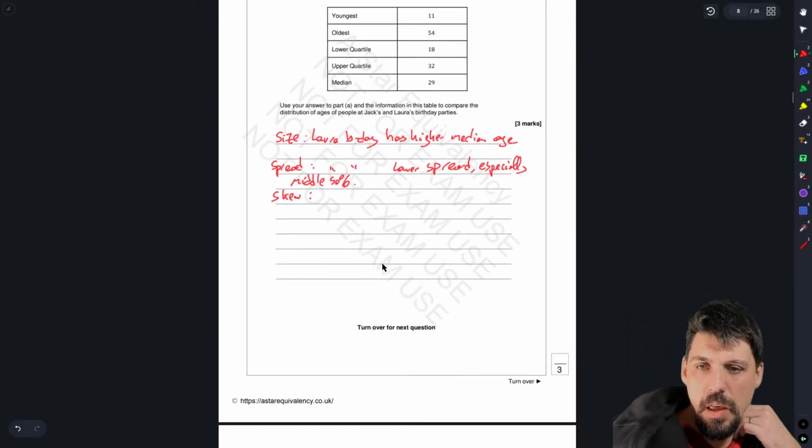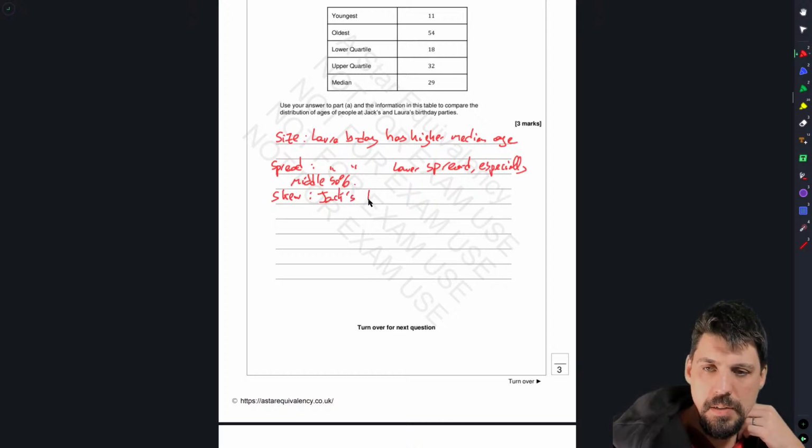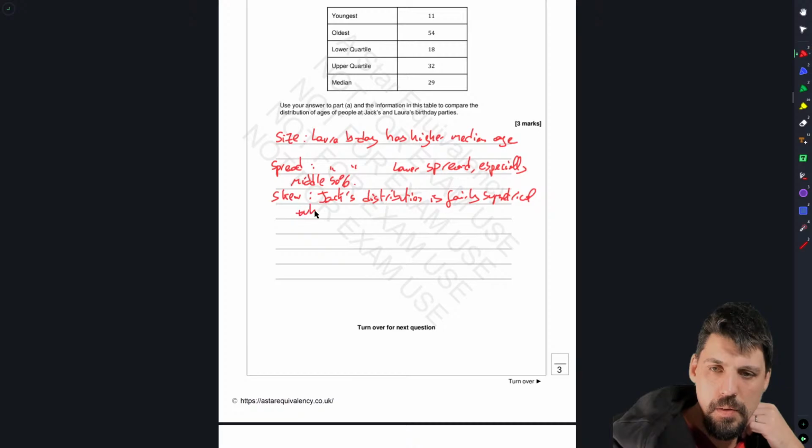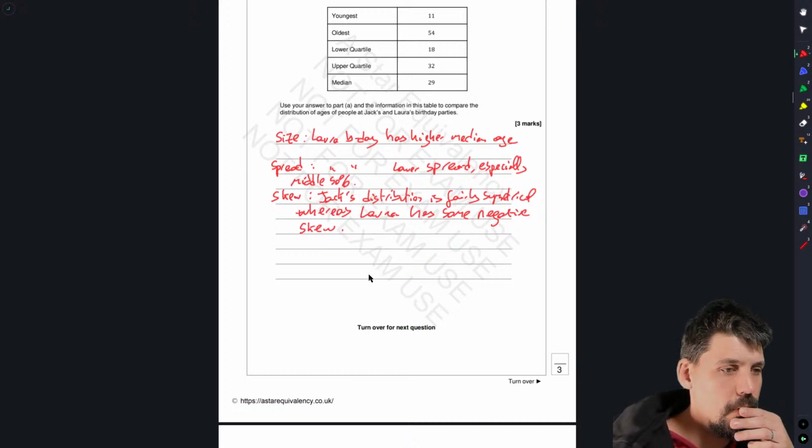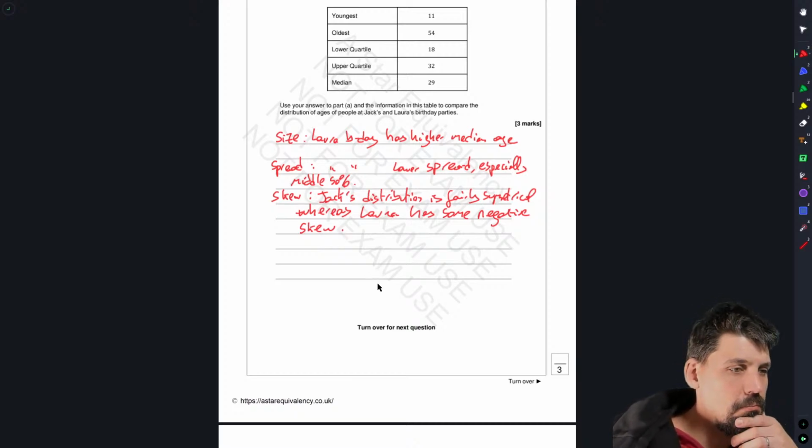So, Jack's distribution of age is fairly symmetrical. Whereas Laura has some positive skew, negative skew. Right. Yeah, for him,